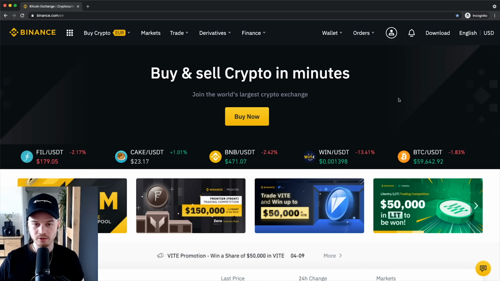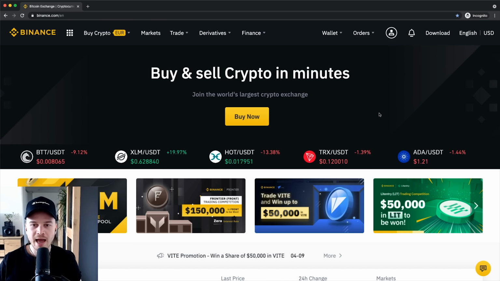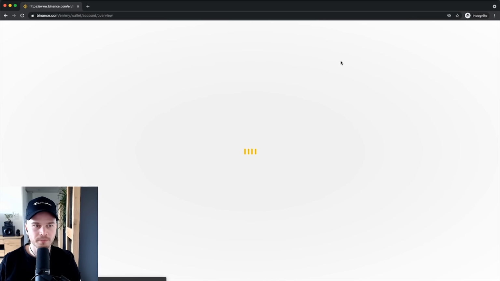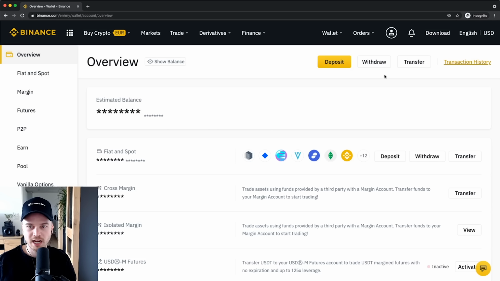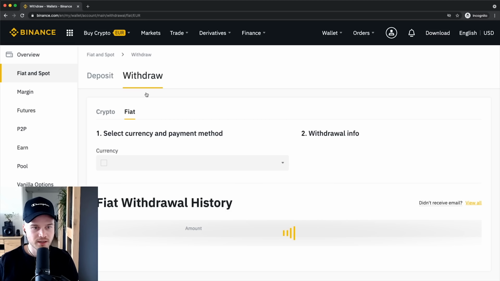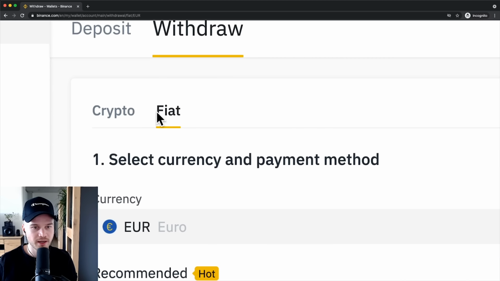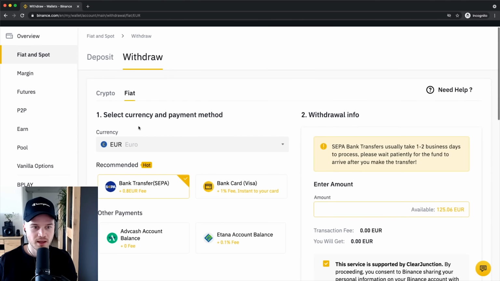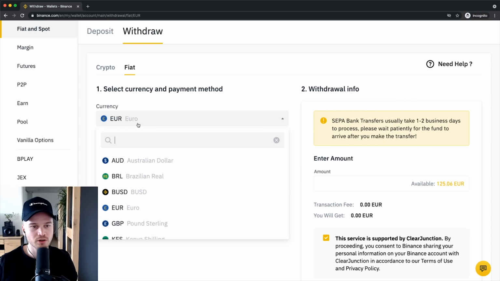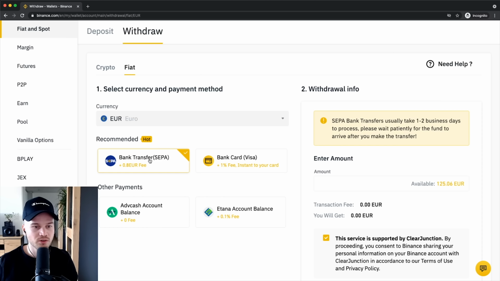So if you want to withdraw some fiat currency like euros, US dollars, British pounds out of your Binance account into your bank account, again, you have to go to the wallet right here, click on overview. And then again, you want to go to withdraw right here. And now instead of crypto, we want to make sure this is set to fiat. And then you can decide on what kind of fiat currency you want to withdraw. So right now it's set to euros. You could also change this down here. And then you can decide on different